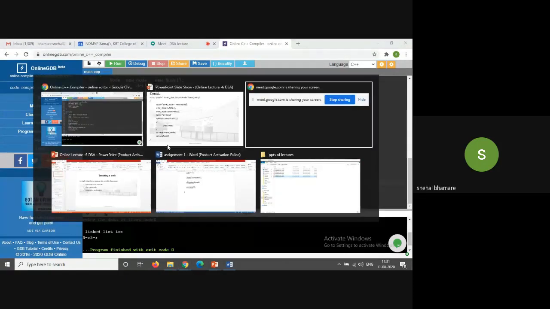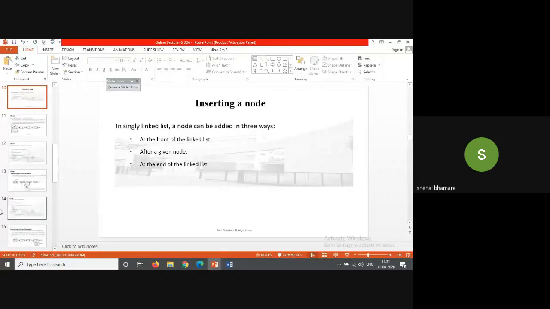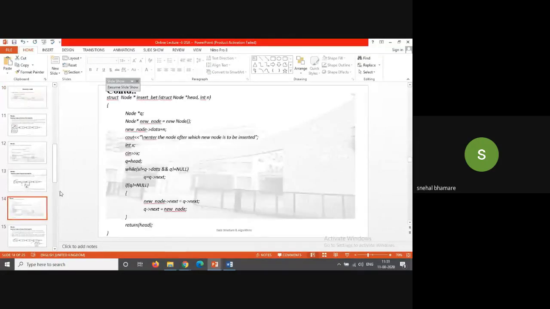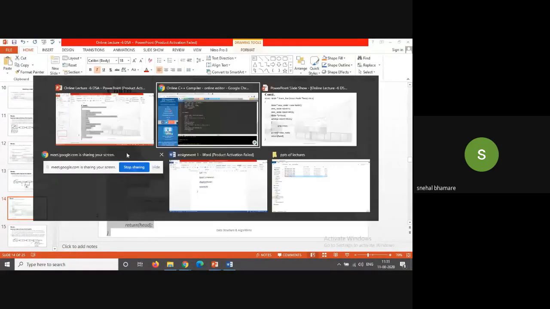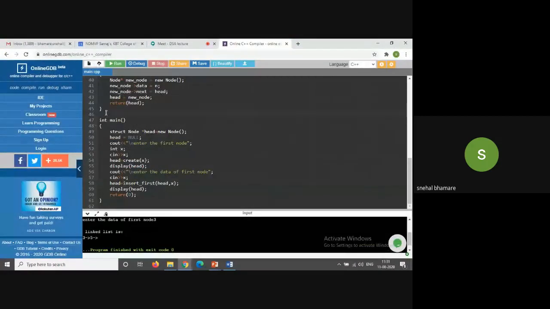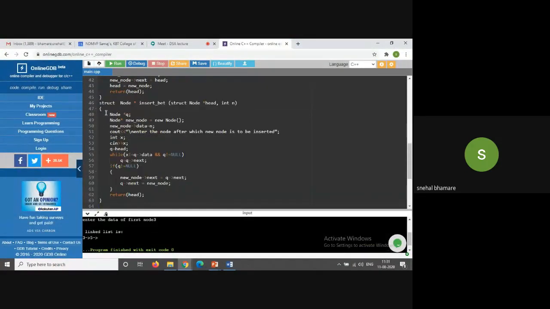Okay, this is the code for insert in between. I'll just copy that code and paste that function over here. What I have done: q node, then new node, allocated memory, after that everything.